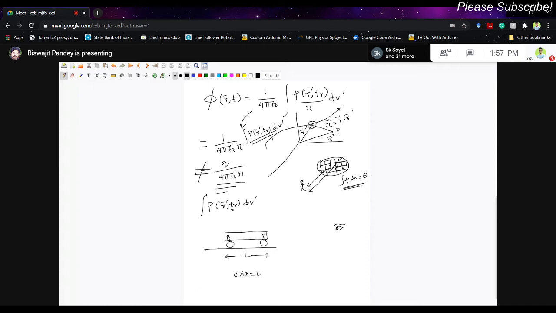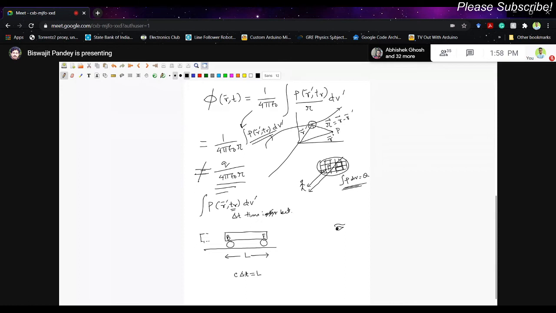The train is moving. It is not at rest. Before some time it may have been here. It is moving, right? And we have assumed that delta t is the time interval, or time lag. You can also think of this as the time when the light from the back end crosses the front end. Then that time is delta t.